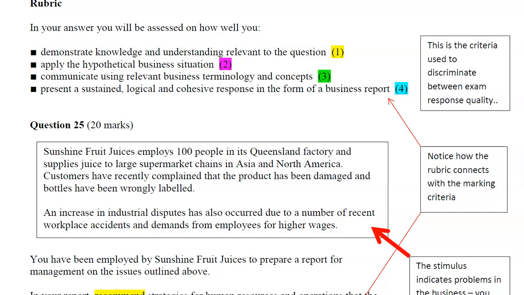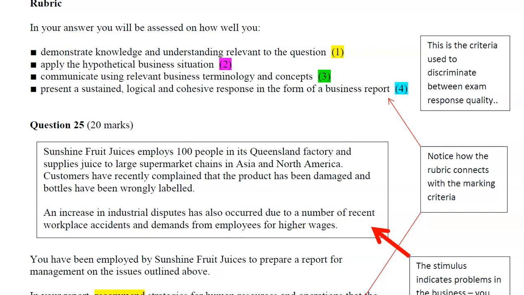I'd now like to show you some examples of annotations and activities that can be used to improve student responses. So the first one I have here is a business studies HSC question. And when we were talking about the importance of showing the connections between the rubric, the question, the response and the criteria, I've got an annotated sample here that is useful, and it's been saved in the file for you